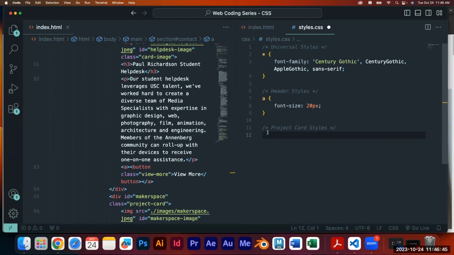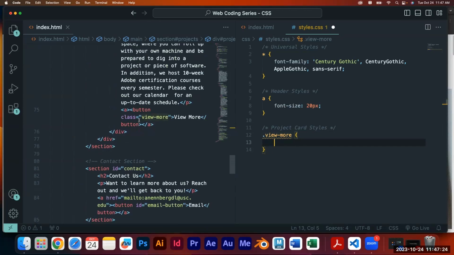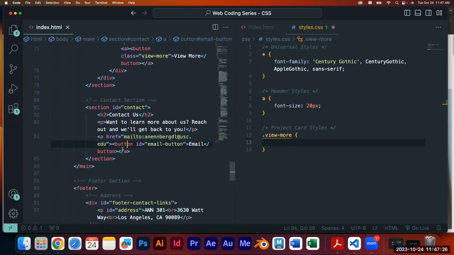So for class, what you would do is the selector, you would put a period, and then you would type the class value exactly how it is in here. So this is view hyphen more in my CSS, and I'll do that opening and closing bracket. For some reason, I'm getting this. Well, hopefully it works. Now I want to add my email button, because down here I didn't assign that class